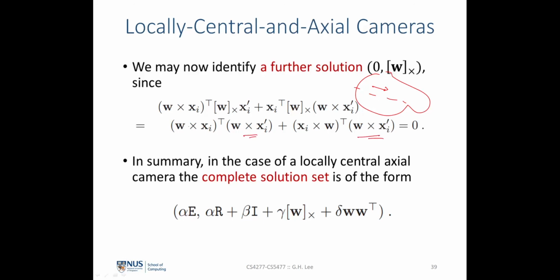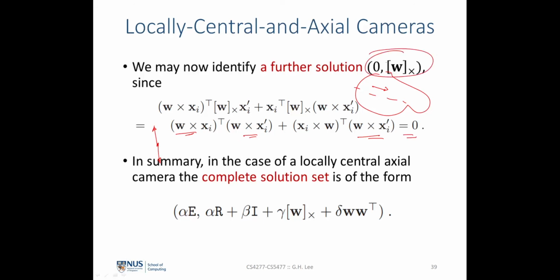But in this particular case here, we are taking W cross with I. This means that it's going in this direction, for example, and now we are swapping the position of X and W and doing the cross product again. This means that we will get a vector that is equal and opposite in direction to this vector over here. And adding both up, they will become zero over here,